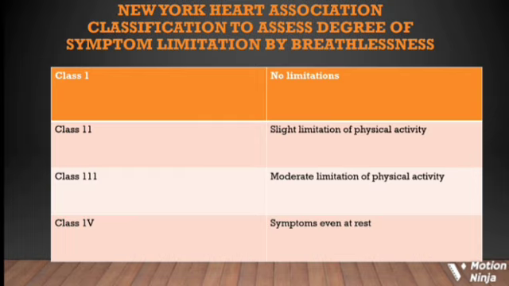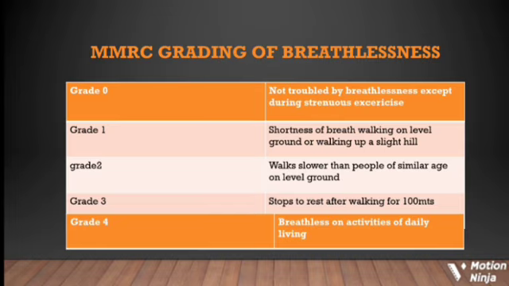So, whenever you see a patient with dyspnea, it is important that you grade the dyspnea according to either the New York Heart Association classification, which is predominantly used for symptoms suggestive of cardiovascular involvement. If you think the patient is having a cardiovascular problem, you go for the NYHA classification of dyspnea from class 1 to class 4. Or if you think that predominantly the dyspnea could be caused by the respiratory system, you go for the modified Medical Research Council grading of breathlessness from grade 0 to grade 4. That will give an idea to the listener regarding the degree of breathlessness, how fast it is worsening, etc.,